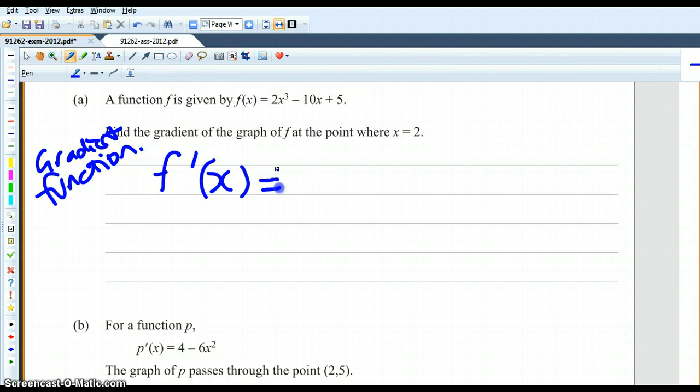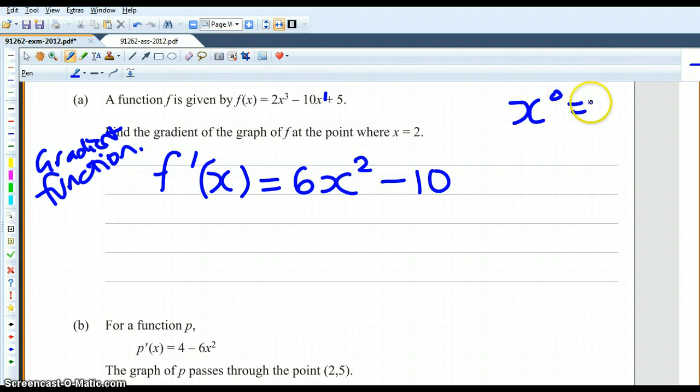How do we differentiate? We go 2 times 3 is 6. Take the power down, 3 minus 1 is 2. Minus, there's an invisible 1 here. 1 times 10 is 10. We keep the negative sign and take the power down. x to the 0 equals 1, so it disappears. And if we imagine that as 5x to the 0, 0 times 5 is 0, so it